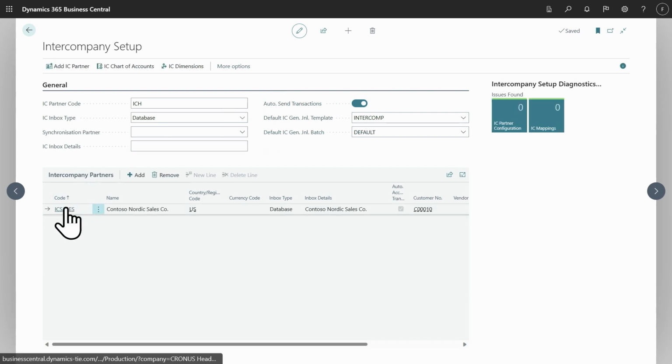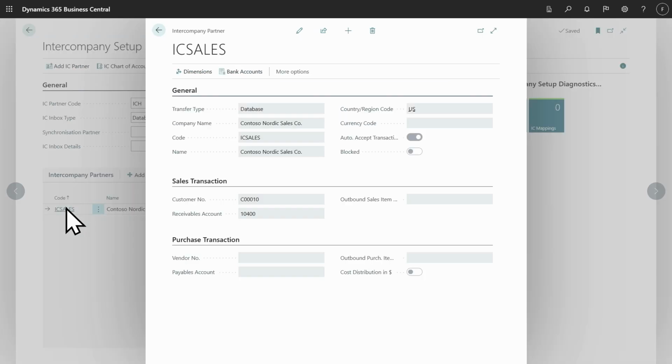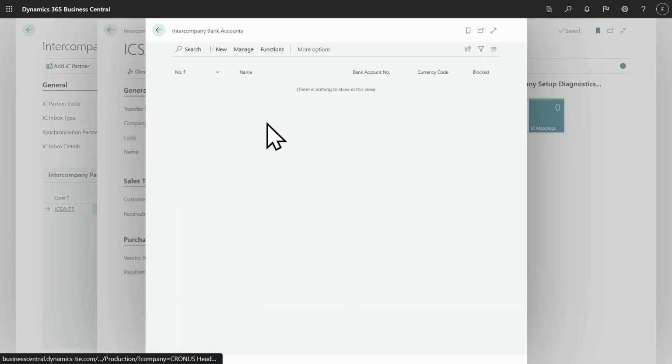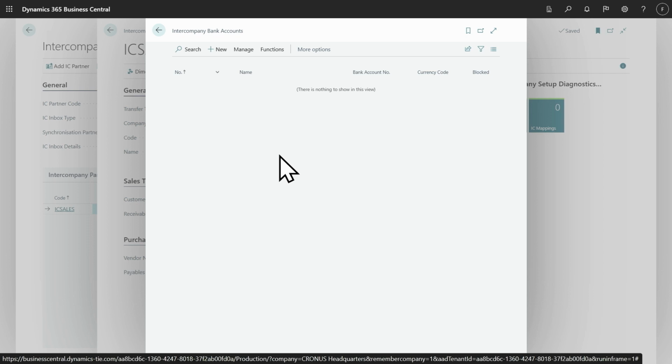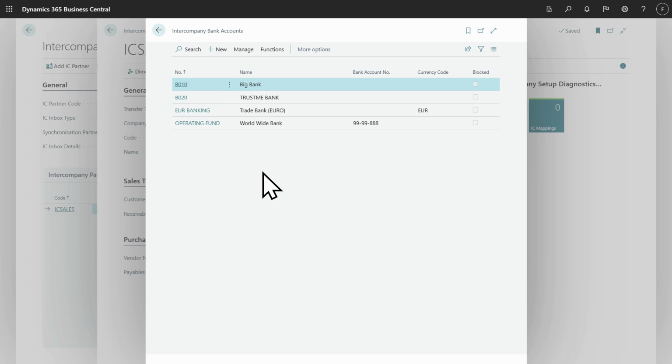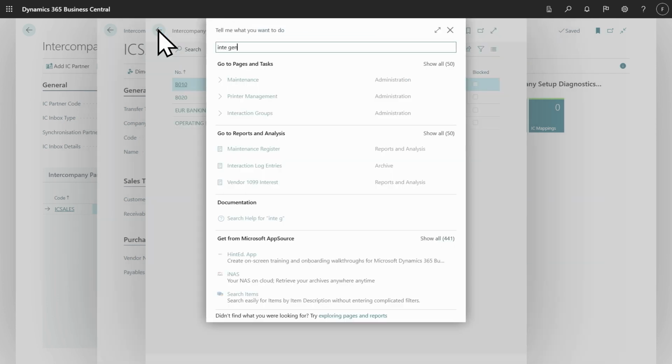We can do so once we have a partner. Here we have an action that will allow us to create new entries if we know the numbers by heart, or if we have selected the option to enable the copy, we can copy them directly, as you can see, this Trust Me Bank. Once we have this setup done, we go to the Intercompany General Journal